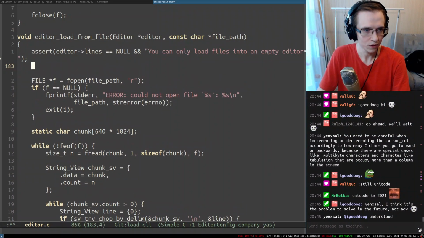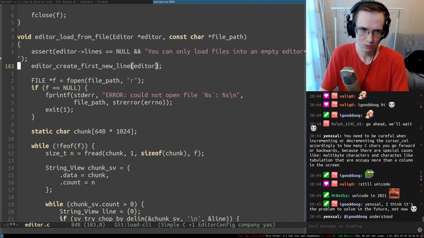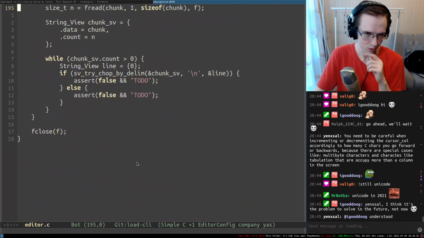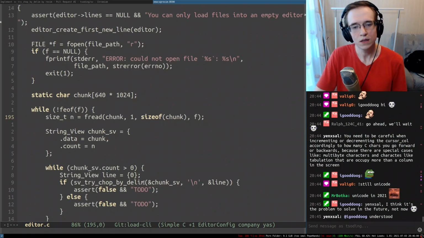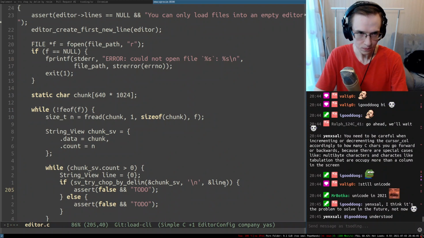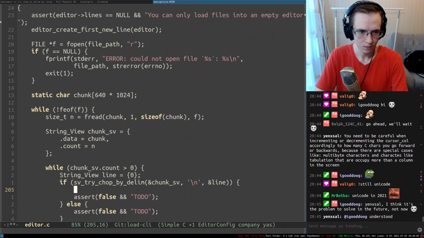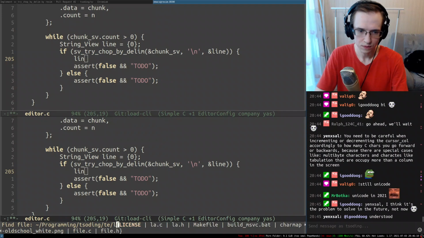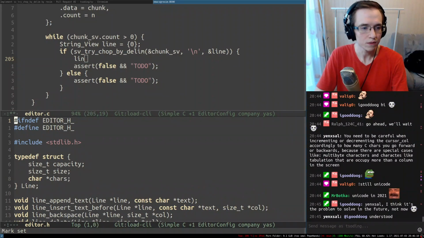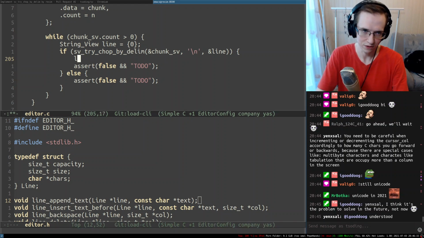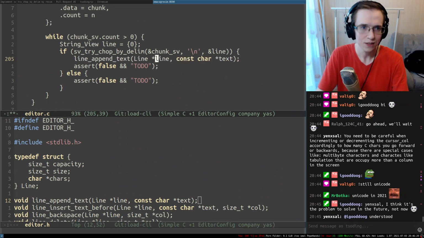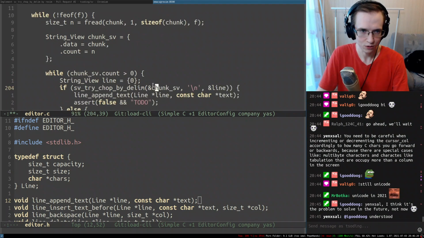So this is gonna be this first editor, first create first new line, right? So this is gonna be something like this. So here is the new line. If we encounter something like this, we essentially take editor, like line, insert text. I wanted to append the text. That's precisely why I was implementing this kind of thing. And the line into which I'm inserting all of that,